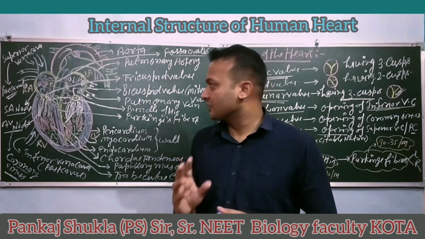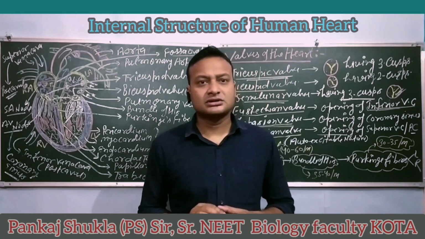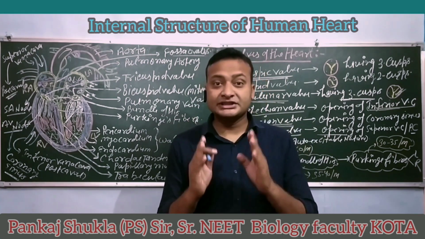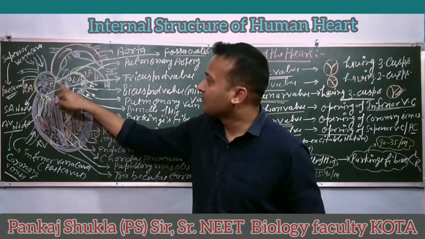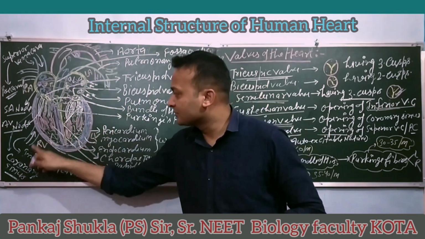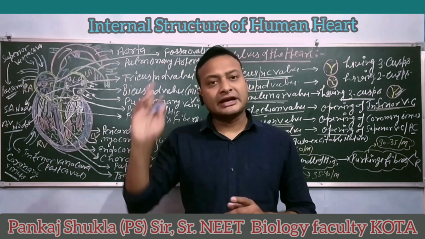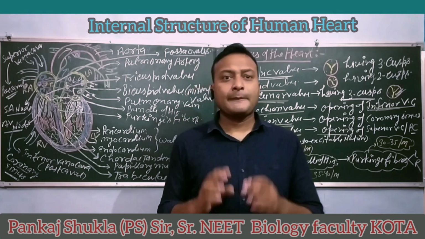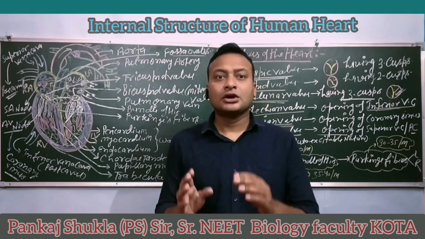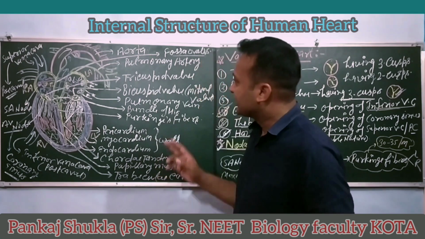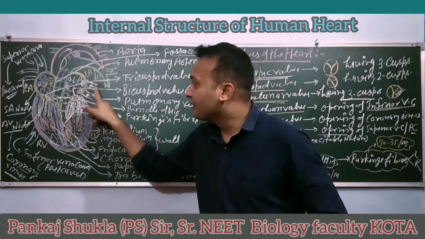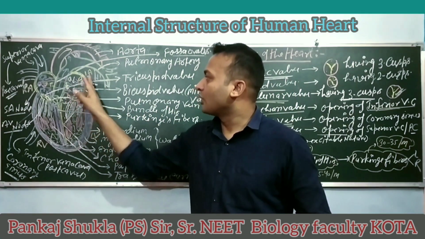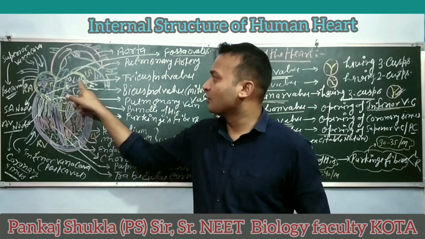If we discuss the artery and vein pattern, then we know that all arteries have oxygenated blood, but the pulmonary artery receives blood from the right ventricular region and carries blood to the lungs for purification. Similarly, all veins have deoxygenated blood, but the pulmonary veins carry blood from the lungs to the heart, and they are four in number.